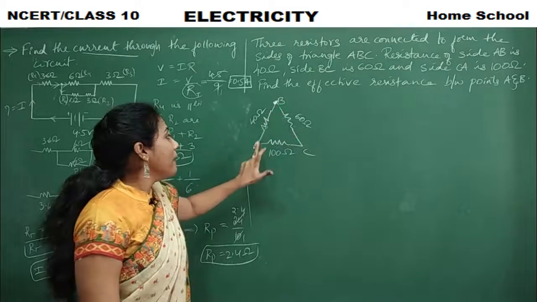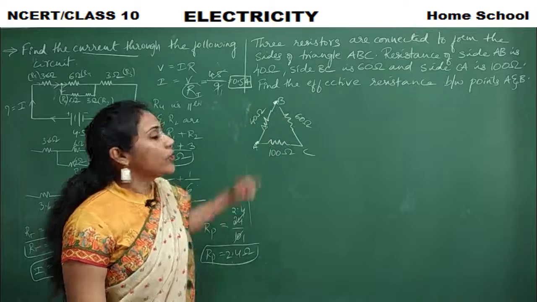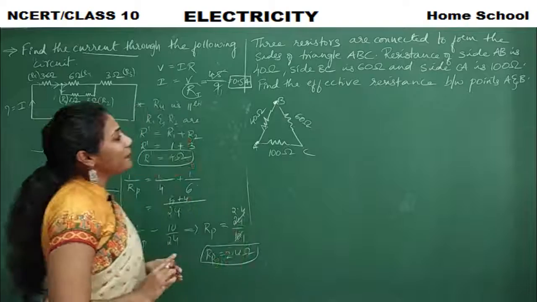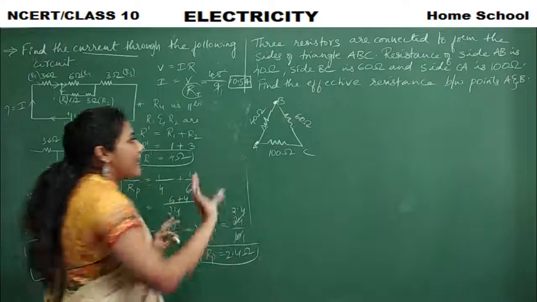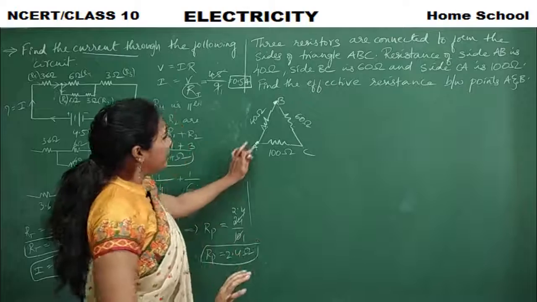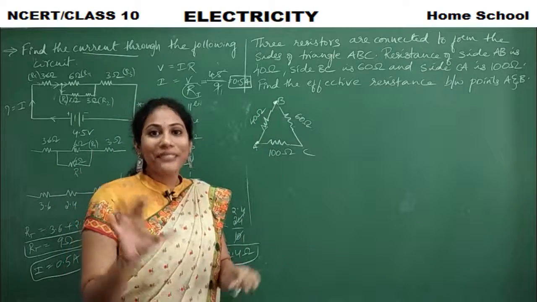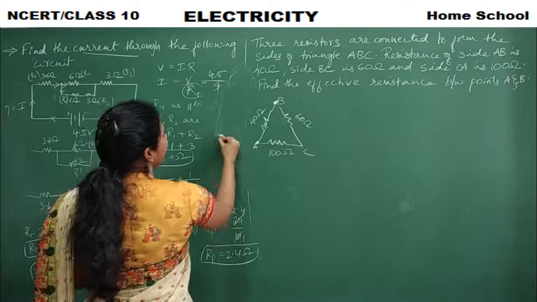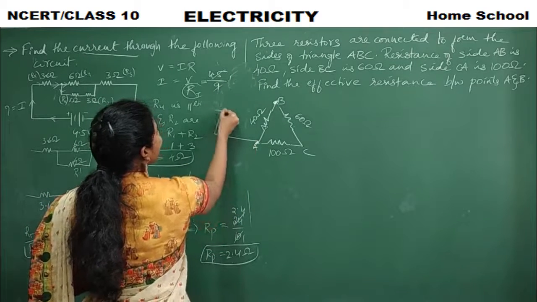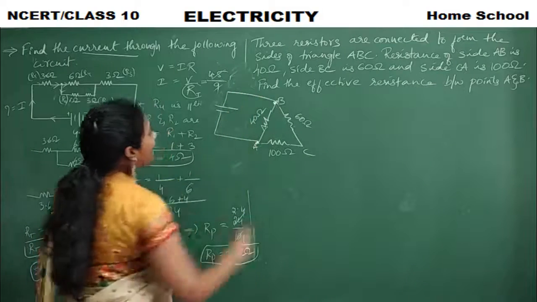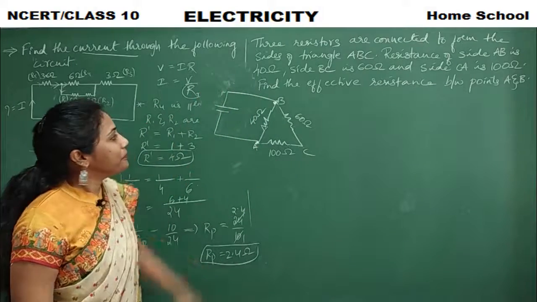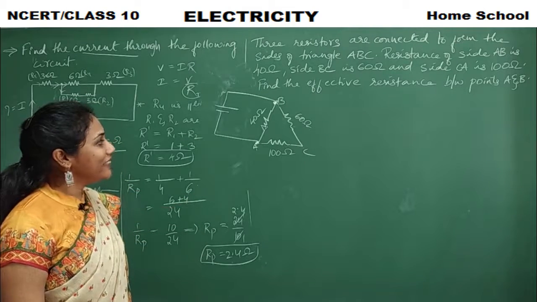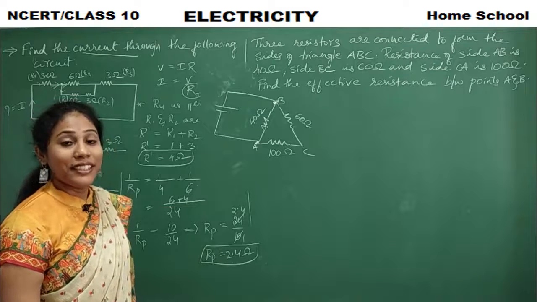So you would be wondering, ma'am, between AB they have already given 40 ohms, maybe that is the answer. No. Effective resistance here means total resistance they are asking. But between points A and B, what is that? Actually, what you have to do is, between A and B, you have to put a battery. Put a battery, guys. Now it has become a circuit, no? Yes or no? It has become a circuit. Definitely.